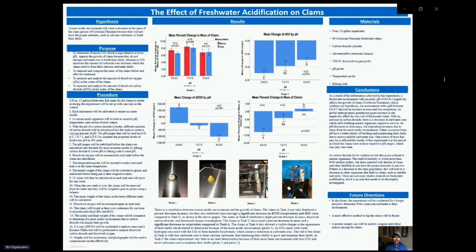The percent decrease in the mass, as I said earlier, was due to the fact that not enough calcium carbonate